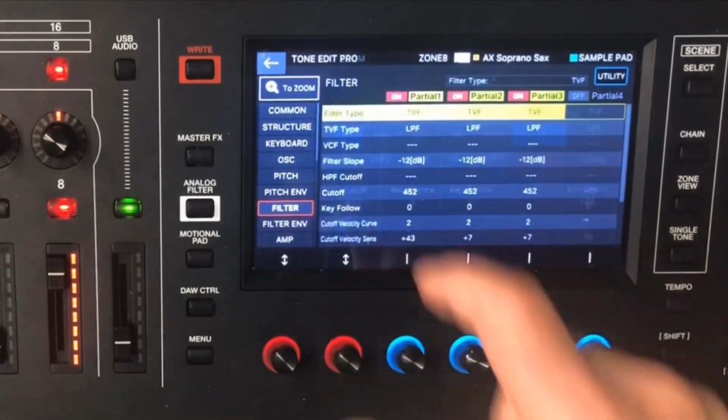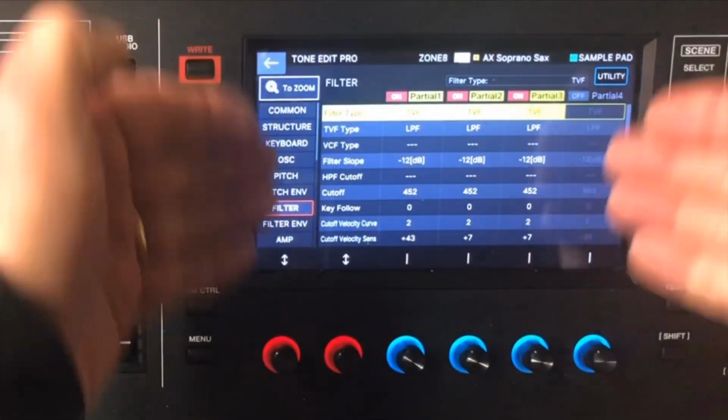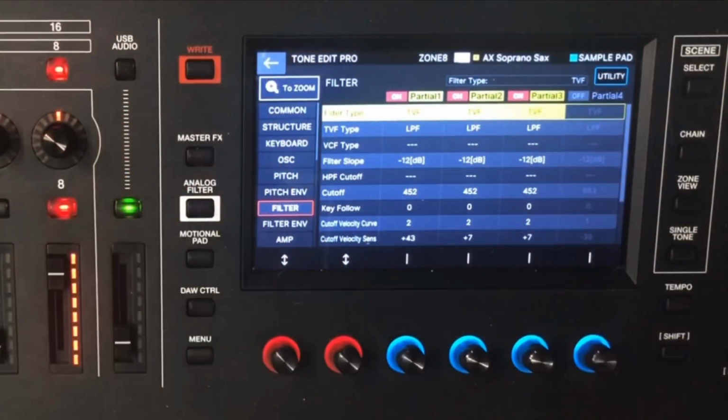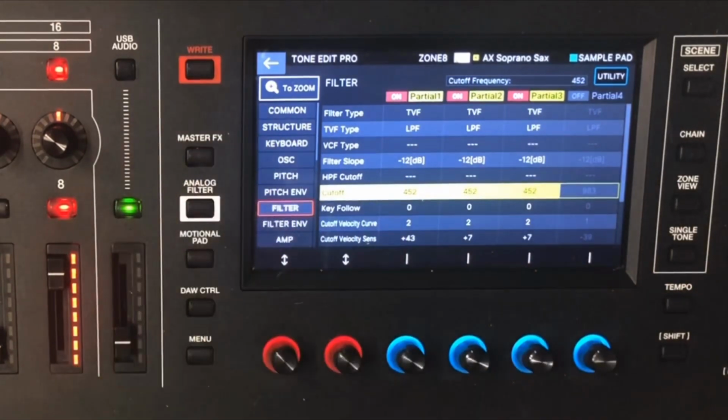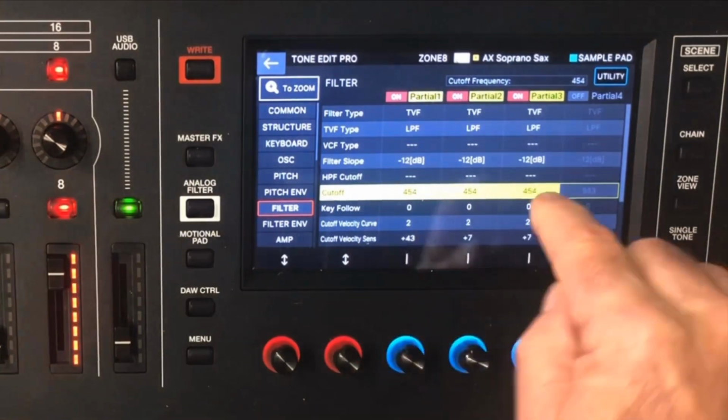And in the Pro mode, hit the Pro Mode button, you get kind of like a grid of parameters here. And you'll notice a couple of things. One of them is if I go to this filter cutoff row, you'll notice that if I use the jog wheel, I'm going to use the jog wheel now, I can control these all at once. If I hit enter, either by tapping on the screen or hitting the enter button that's off to the right here,